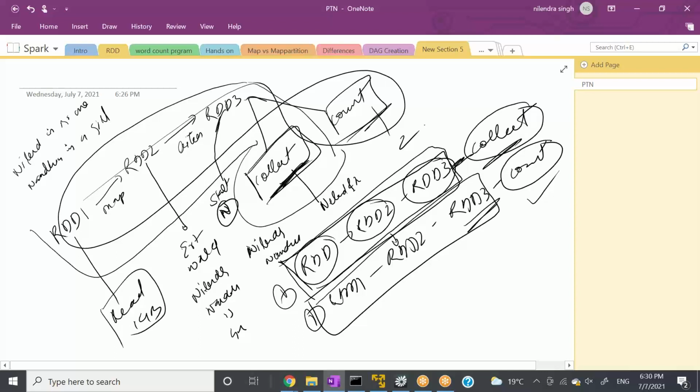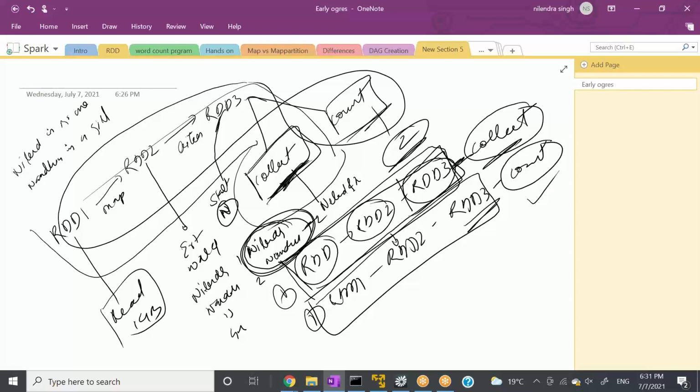But in the whole process, we can see that behind the scenes, only this is getting counted. This 2 is generated from this, because this result is 2 and this result is 2. It means this result is directly derived from the collect. So what these guys thought of: can we store this RDD3 in some memory, and then whenever we need it, we can fetch it?